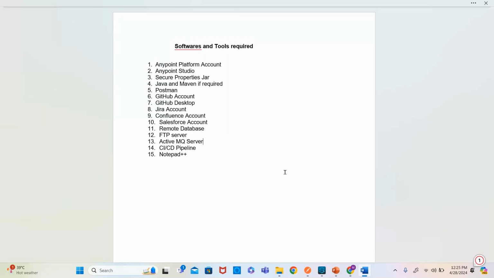And most of the courses will obviously have the deployment model. Directly they will take the jar and deploy it on CloudHub. Okay, it's not like that here. Here we'll try to understand